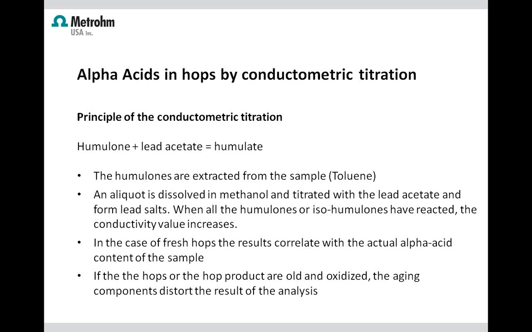Fresh hops, the results correlate exactly with the alpha acid content of the sample. But if you have poor hops that are getting old and oxidized, the aging components will distort the result of the analysis, which will actually give you an indication that these are aging, because the oxidized components don't react in the same way, and this can also tell someone has old hops that have been sitting around